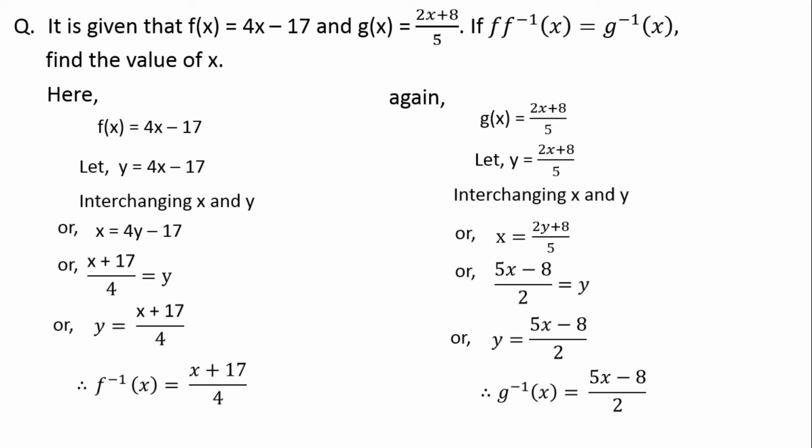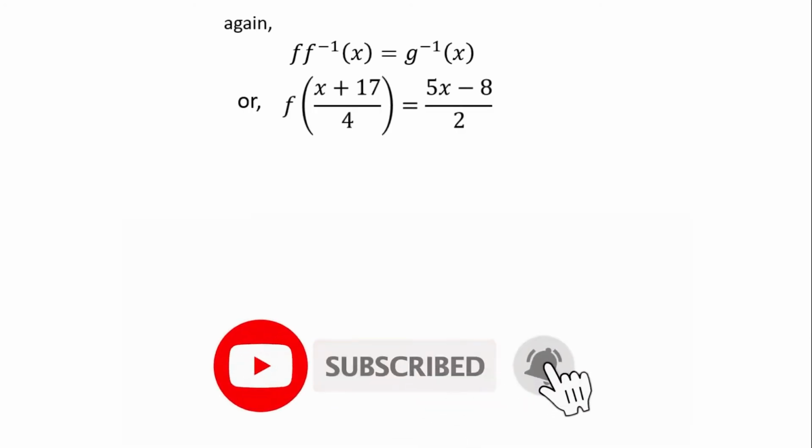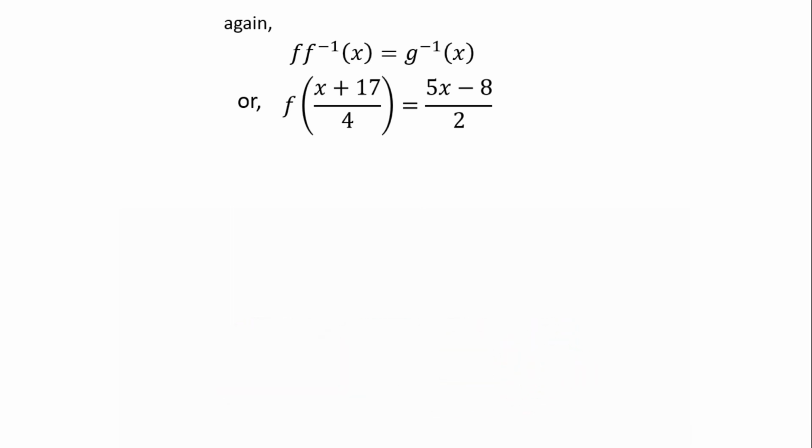After this we have to use the equation, which is f inverse of x is equal to g inverse of x. So f of f inverse of x is in terms of composite function, and we have already learned that in composite function. In my previous video I talked about this one, so if you haven't watched it, please check out the video, guys. I'll provide the link in the description as well as the i card. Please check it out. And now put the value of f inverse of x. f will be the same, then we have to put the value of f inverse of x is equal to again g inverse of x. We have to put the value of it.